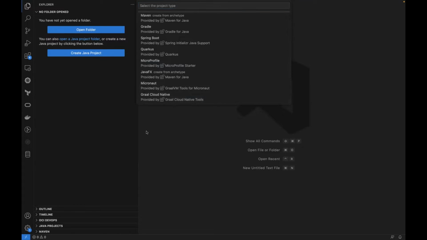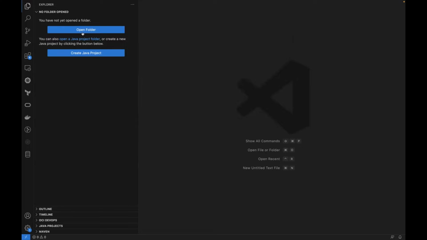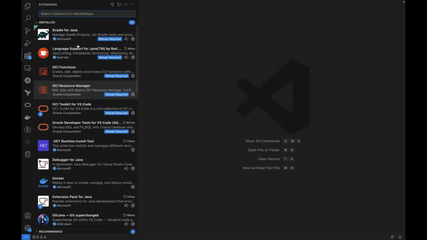Another thing you probably want to know is, how do I install these extensions? If at the end of this talk you're excited and you think, yeah, I'd like to use that, then if you have VS Code, on the left-hand side there's an extensions icon. You click on that. This shows you the extensions that you have installed, but you can also search for extensions that you might not have installed.